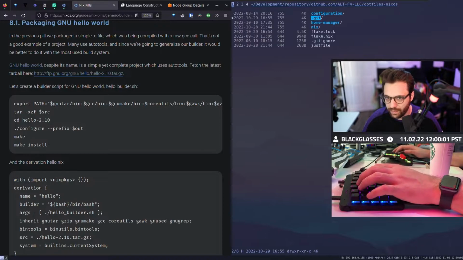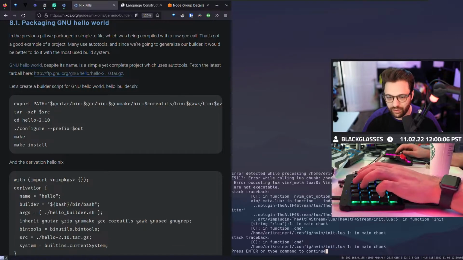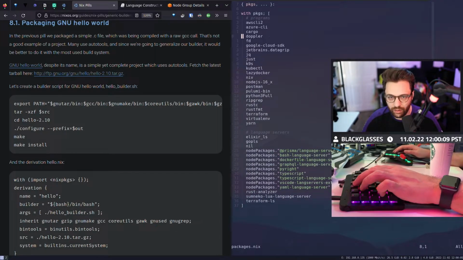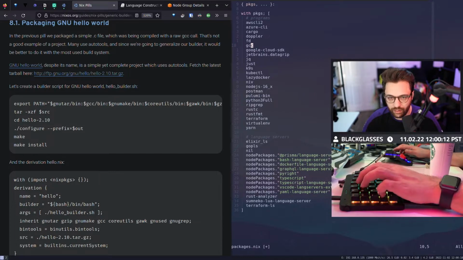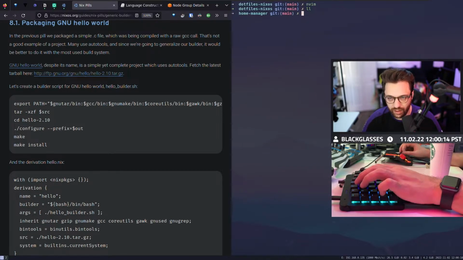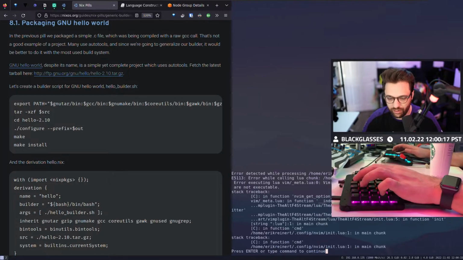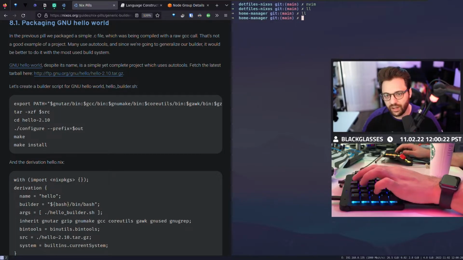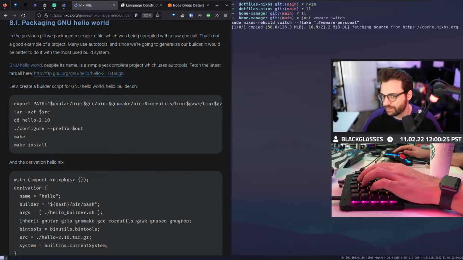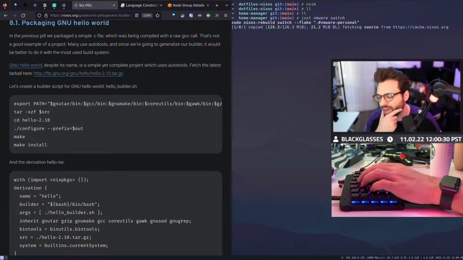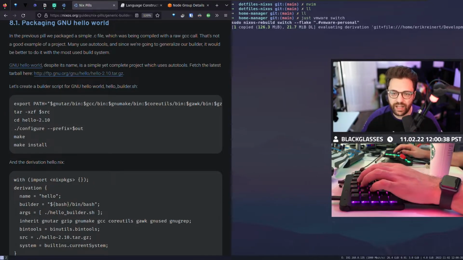So I need to add a package here. Config, packages. Add GCC, I guess. Is that one of the ones it wants? GCC? Clang, yeah, it wants GCC. Okay, switch. Just give me GCC. So the problem that I have is I need to update all of my tree-sitter parsers, but I guess I didn't have GCC, so it couldn't do it. So I'm just going to add GCC to my environment.